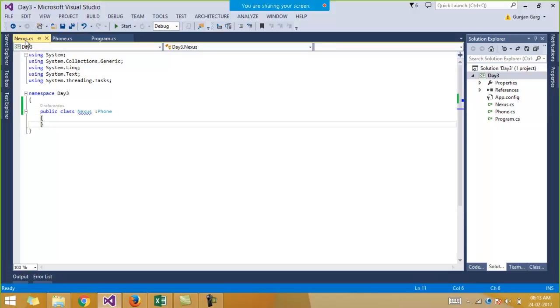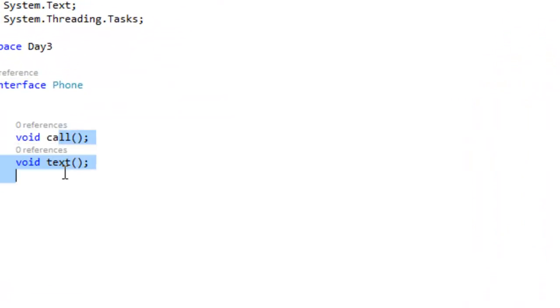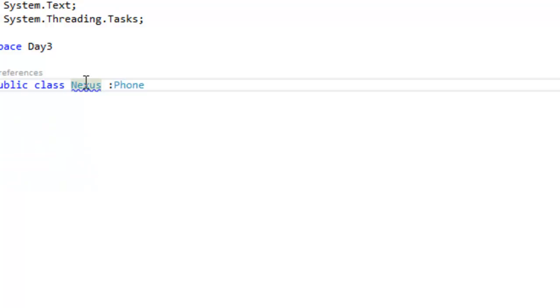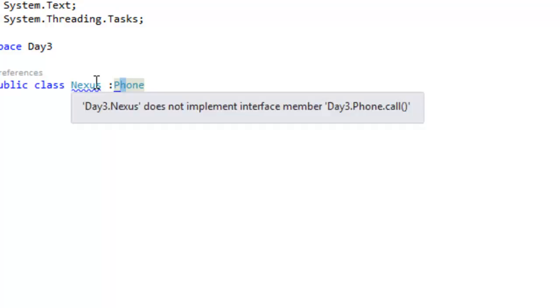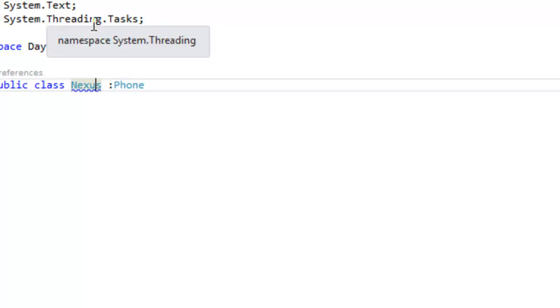And then in the class which is implementing that phone interface, you will have to define those two functions which you have declared in your interface. So the class must provide the implementation for that interface which you are implementing in your particular class. Otherwise, you will get a compile time error.